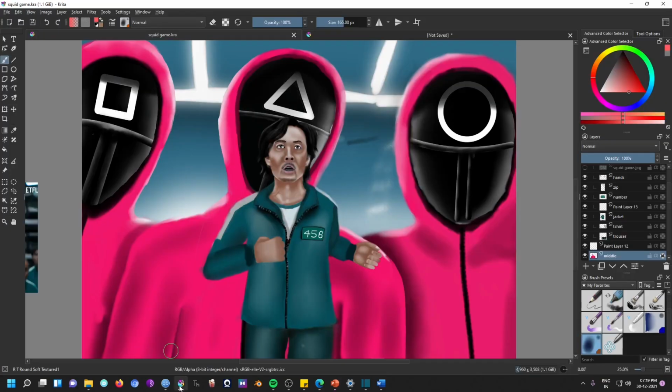We already know how to create a new file in Krita as briefly covered in episode 1. You can start with a blank canvas, but for this video I'm going to use my Squid Game fan art for demonstration. First and foremost, on the left side you have tons of tools, out of which our most frequent tool will be the freehand brush tool. You can enable it by clicking this brush icon or by pressing B on keyboard.